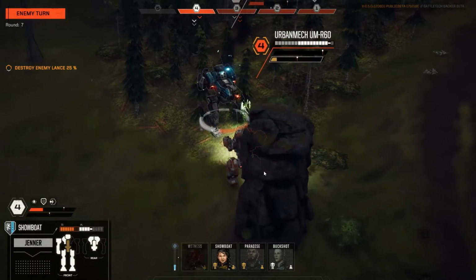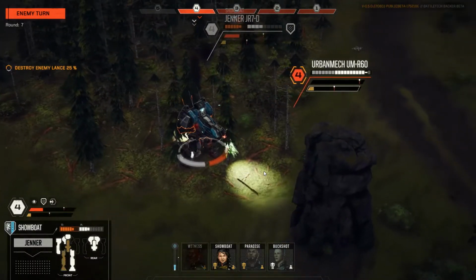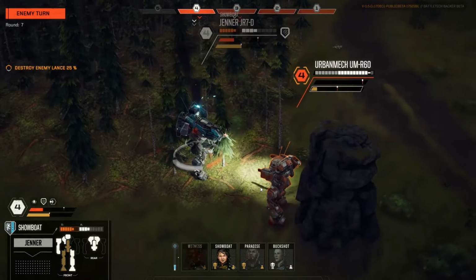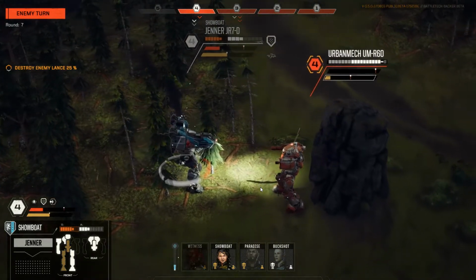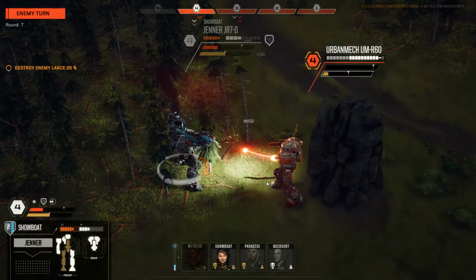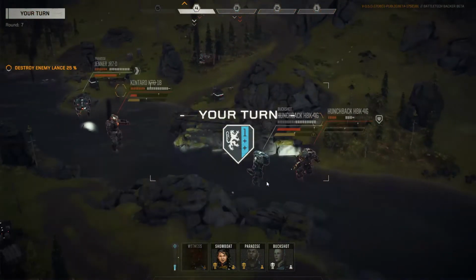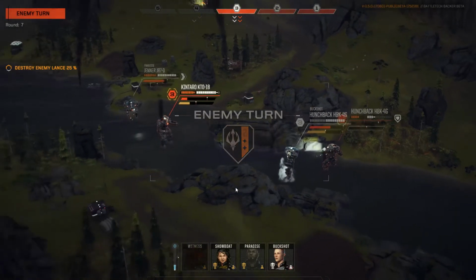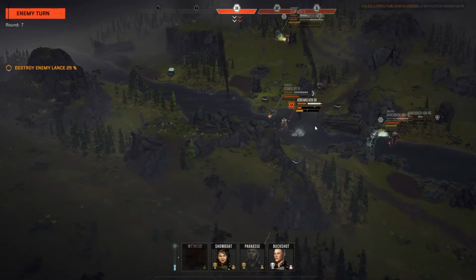Oh, you're going to melee. We're meleeing each other now. You will win the melee, unfortunately. Armor breach, internal damage. If you use melee, you can also attack with small lasers, I think. Okay, can I reserve? Right, I can reserve. Kintaro's going to go first, which is good, because I definitely want the Kintaro to...